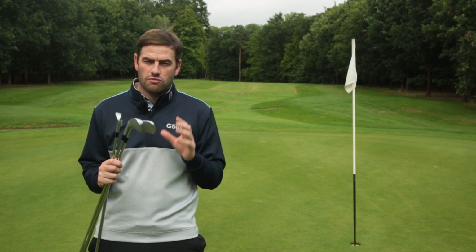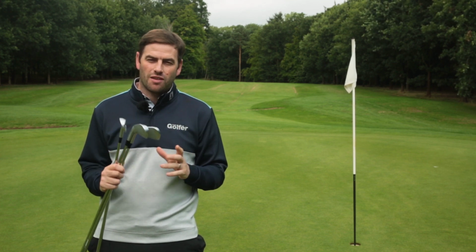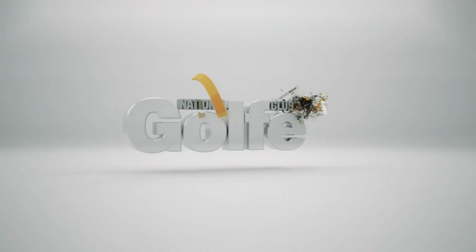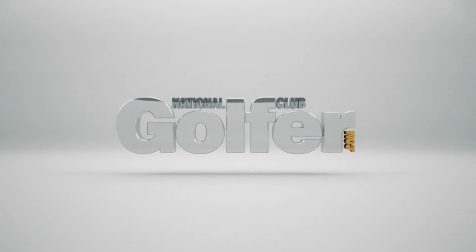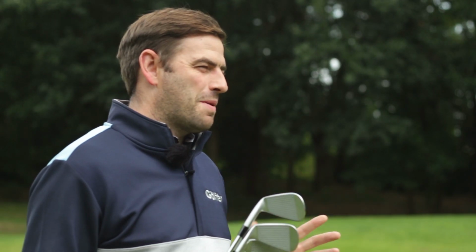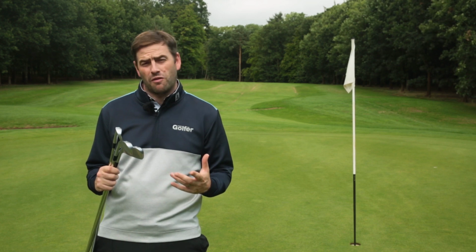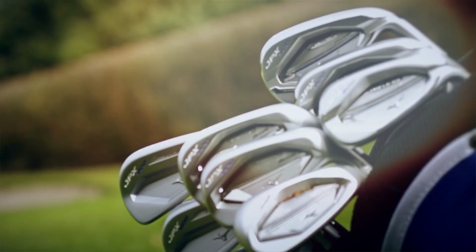This is the brand new Mizuno JPX919 irons. Okay, Mizuno JPX919 irons. It's quite obvious that these irons are following on from the JPX900, which were an absolutely